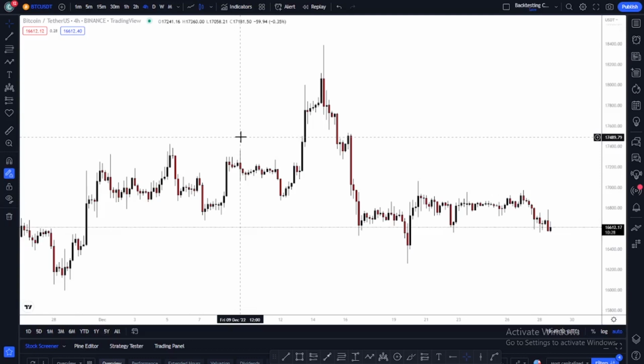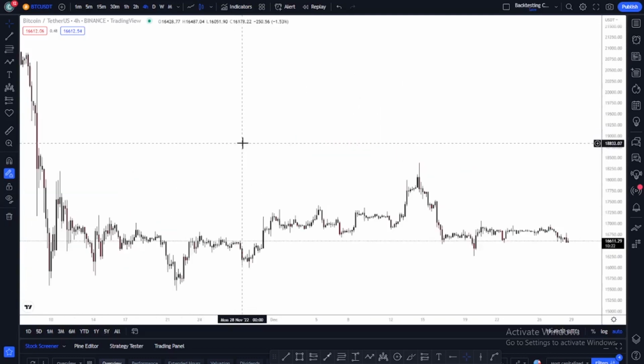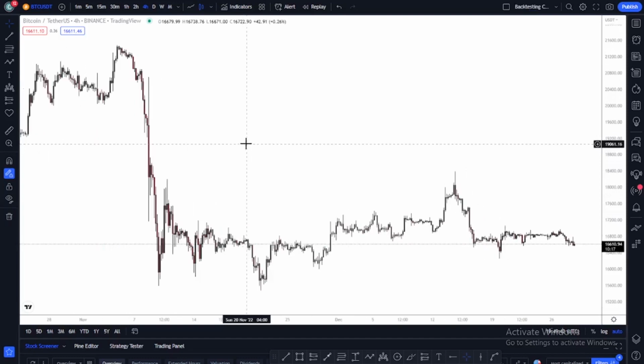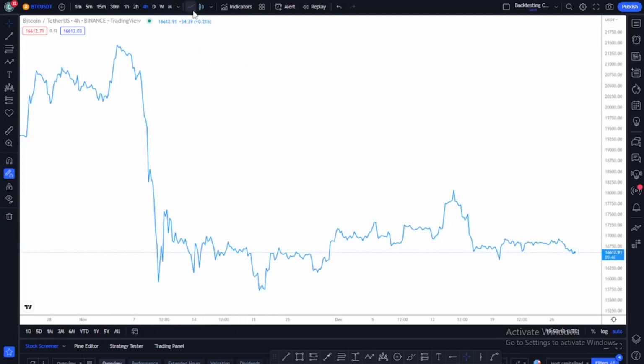Okay, good. So now let's get into the chart and try to identify our patterns. First of all, let me zoom out so y'all can see. When it comes to identifying chart patterns, I like to change from the candlestick charts to my line charts, because I feel like using line charts makes it easier for me to identify the patterns. So now let's switch to our line charts.